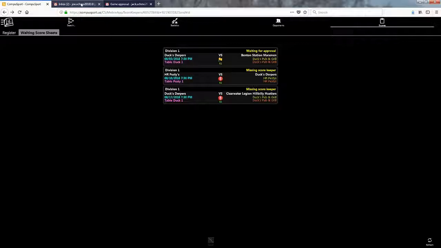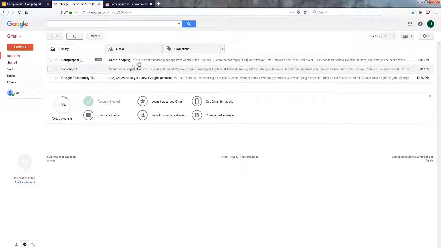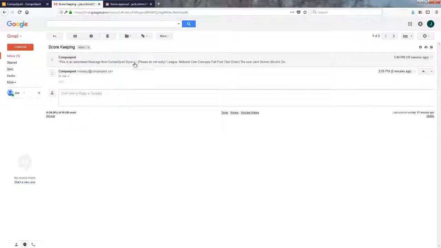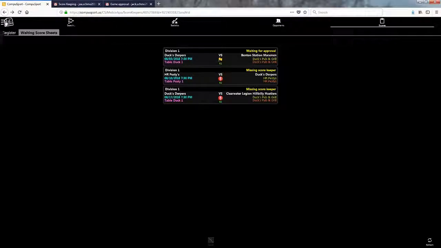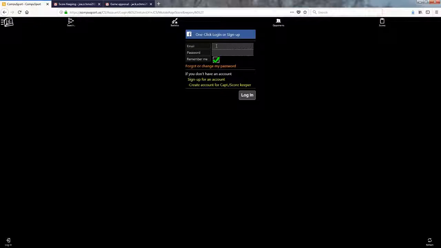Now if we go back to Joe Schmo's email account, here's a new message from CompuSport, and basically that message is the same as before. And it just says we've entered the score against Benton Station. We can now look again to see if it's been inputted correctly. So now if we go back and I log back out and I just simply log back in as Joe Schmo,